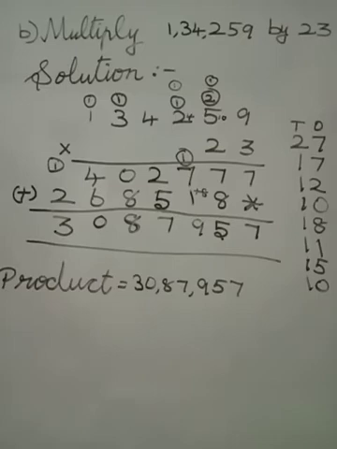So this is the method of doing the multiplication. Multiplication without knowing the tables, it is not at all possible. So please be thorough in the tables up to the 10th table. Okay, so from the first table to the 10th table, be thorough. So that's the 2-digit multiplication has been over.